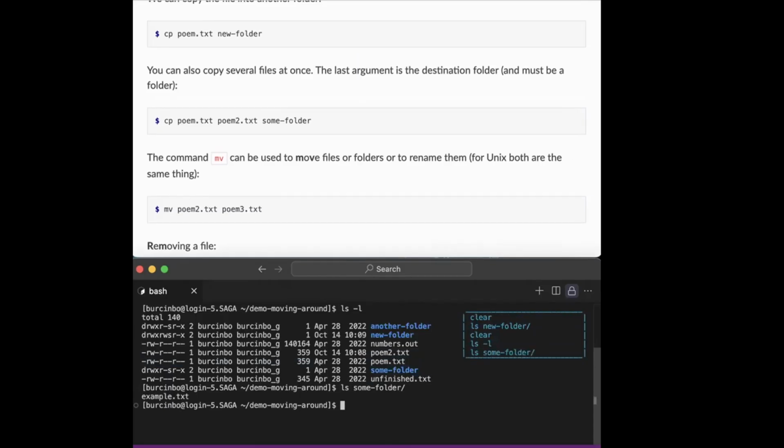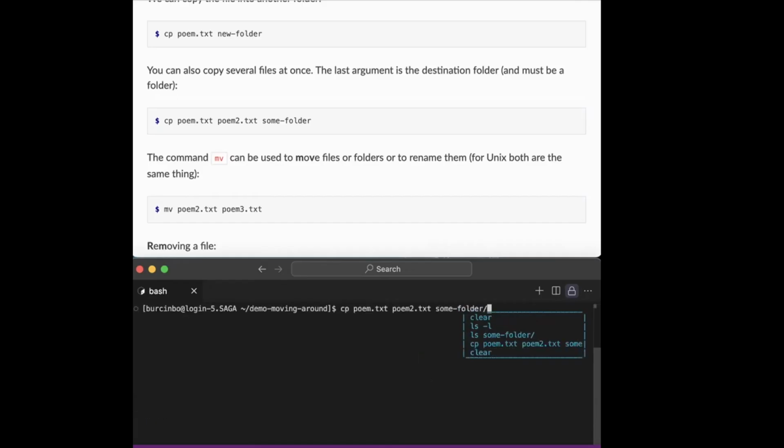We have just one txt file under some folder. So after completing poem2.txt and the destination here. Let's see what we have. Now we have three